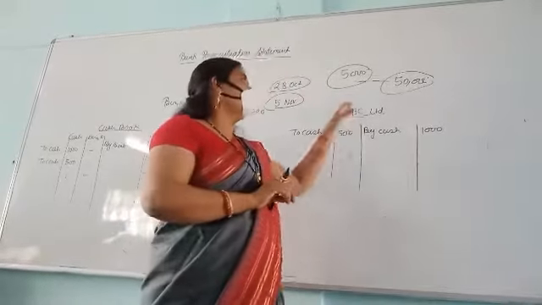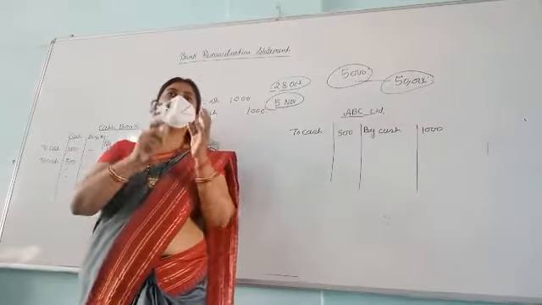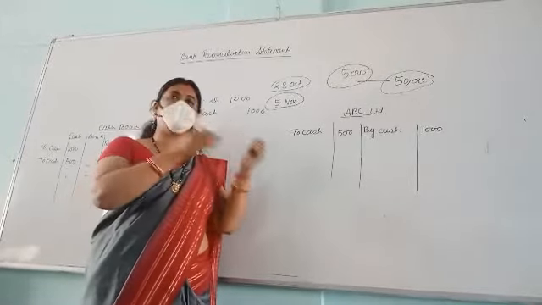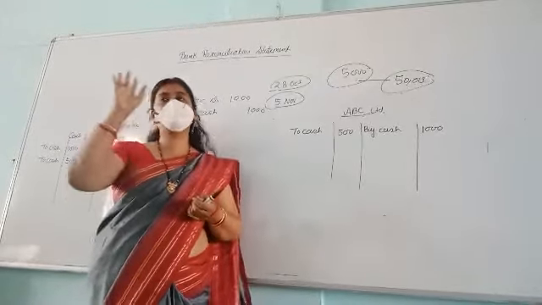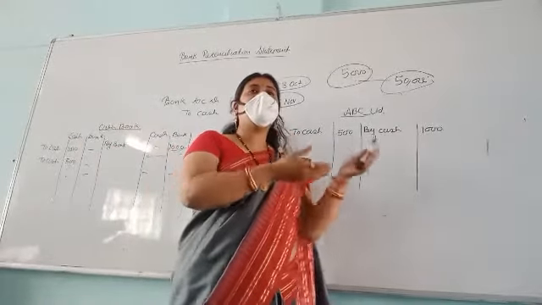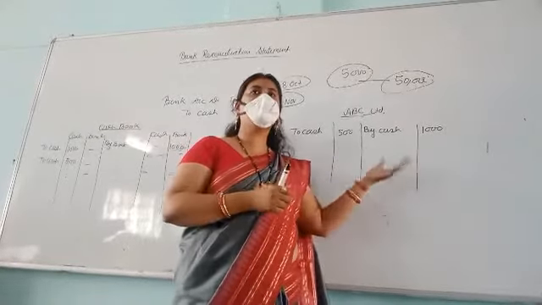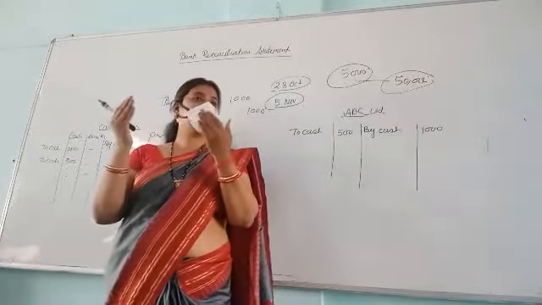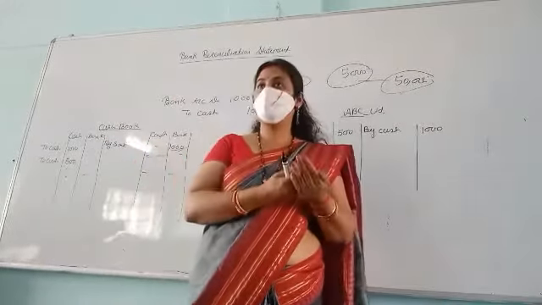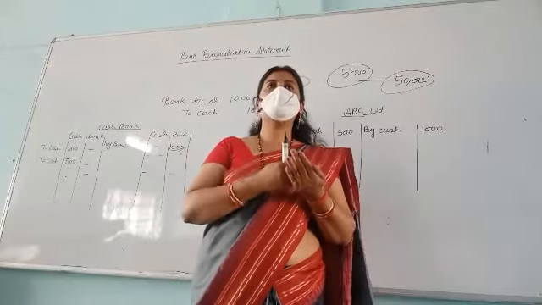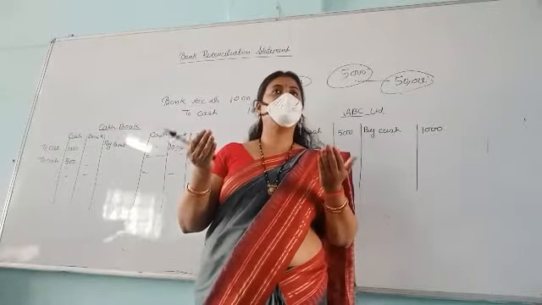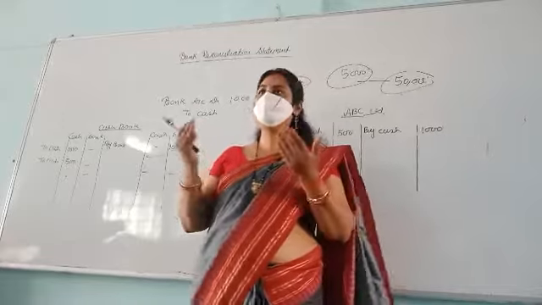Okay. So what happened? I received a check and made an entry in my cash book, and I deposited the same check on the same date. I presumed that I would receive that amount. But after 7 days, I took a printout of my passbook and started matching it with the cash book. Then I found that this check had been dishonored. Then we recognized that the difference between the cash book and passbook arose because of the dishonored check.